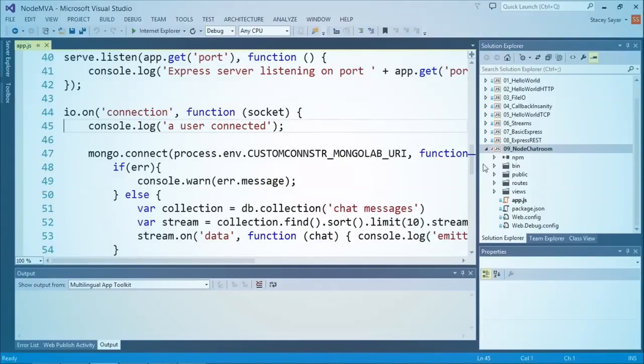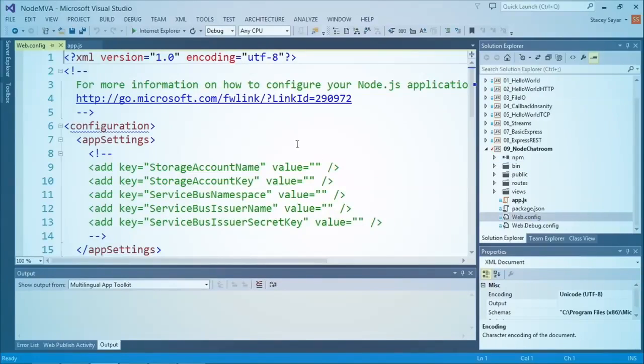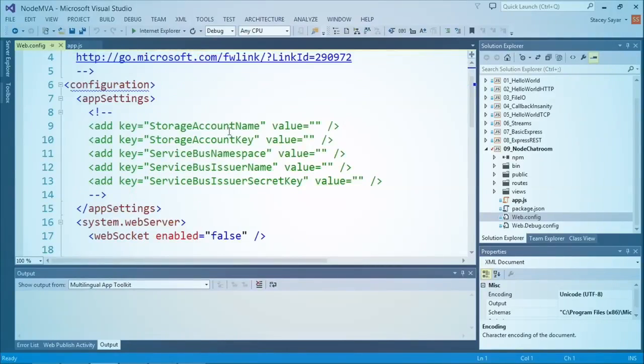Now, here's the thing about deploying to Azure with Visual Studio. You need to take a quick look at web.config. The web.config is essentially the information that you need to deploy a Node project of any kind to Azure. Right. And what's really cool is that you can even set things like app settings in your Node, so you don't have to manually put it in the configure tab. I wouldn't do this for sensitive information, because this web.config file is going to exist inside your source code repo. Yeah, I would put them another way. Yeah. But for settings that are more